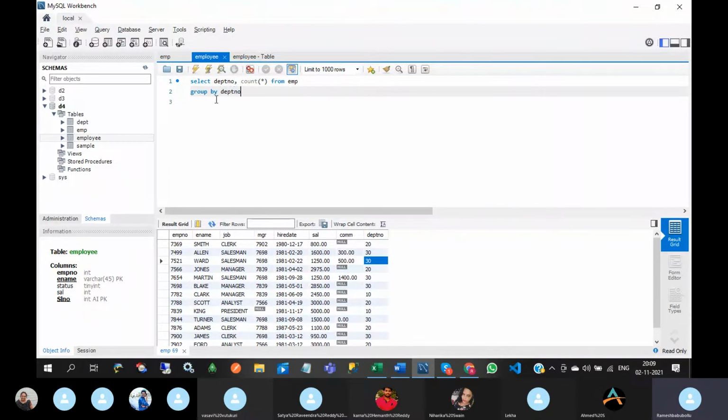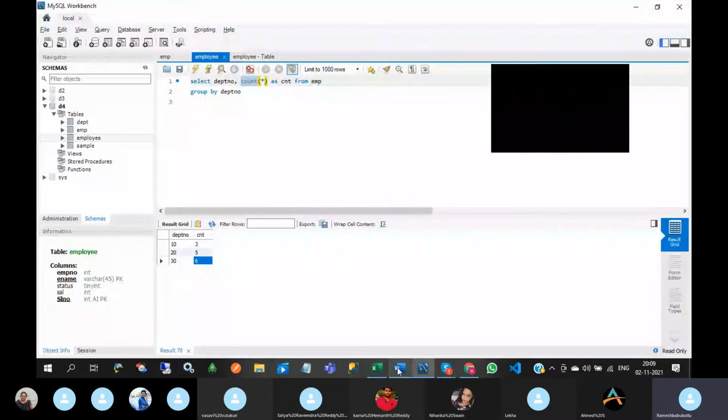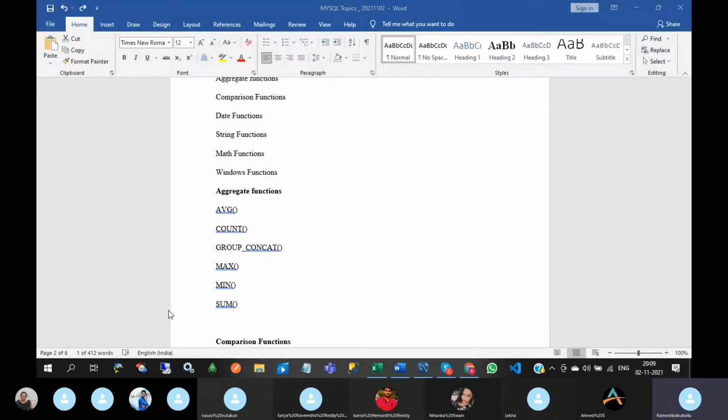So it will group the number of records based on department number. So here I can give an alias name. See this, in department number 10, total number of employees is 3. Department number 20, 5. 30, 6. This is count.